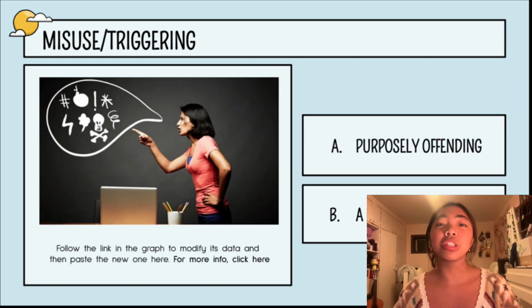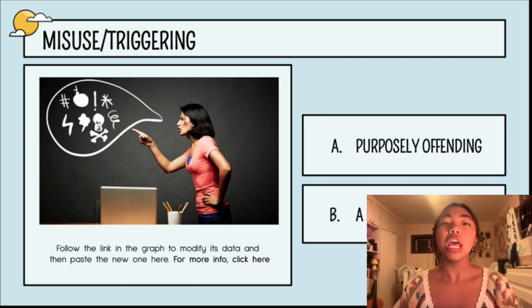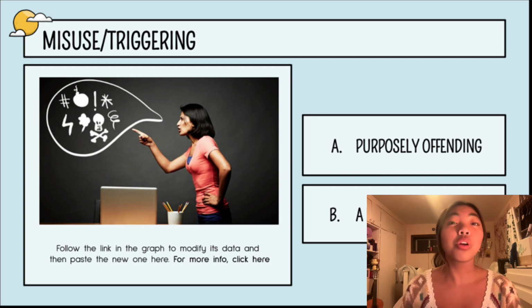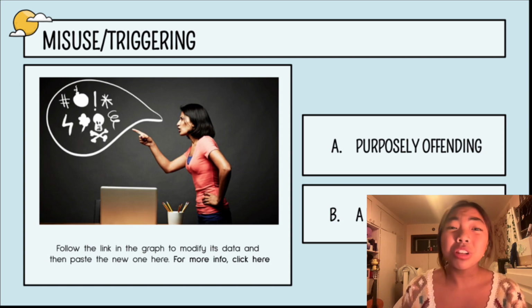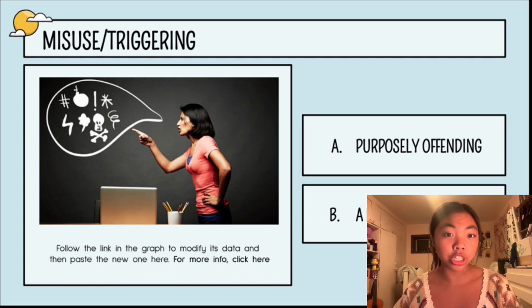The last way swear words are used is in a triggering or offensive way. This can be considered the way swear words are used by misusing them. You can clearly identify if someone is using a swear word in a triggering or offensive way if the word is used as if it was directed at anyone. If someone is using swear words in this last way, you know that you are most definitely not in a normal conversation. In this situation, you are in an unsafe conversation. With the exception of one occasion.